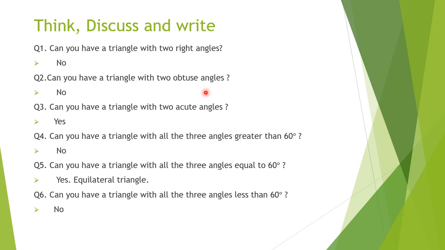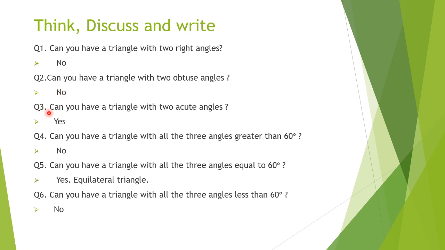And you know, two angles adding themselves we get 210 degrees. So how can it be possible as the measurements of a triangle? It means we have to get 180 degrees by adding three measurements. So here two angles adding, we get more than 180 degrees. So it is not possible.